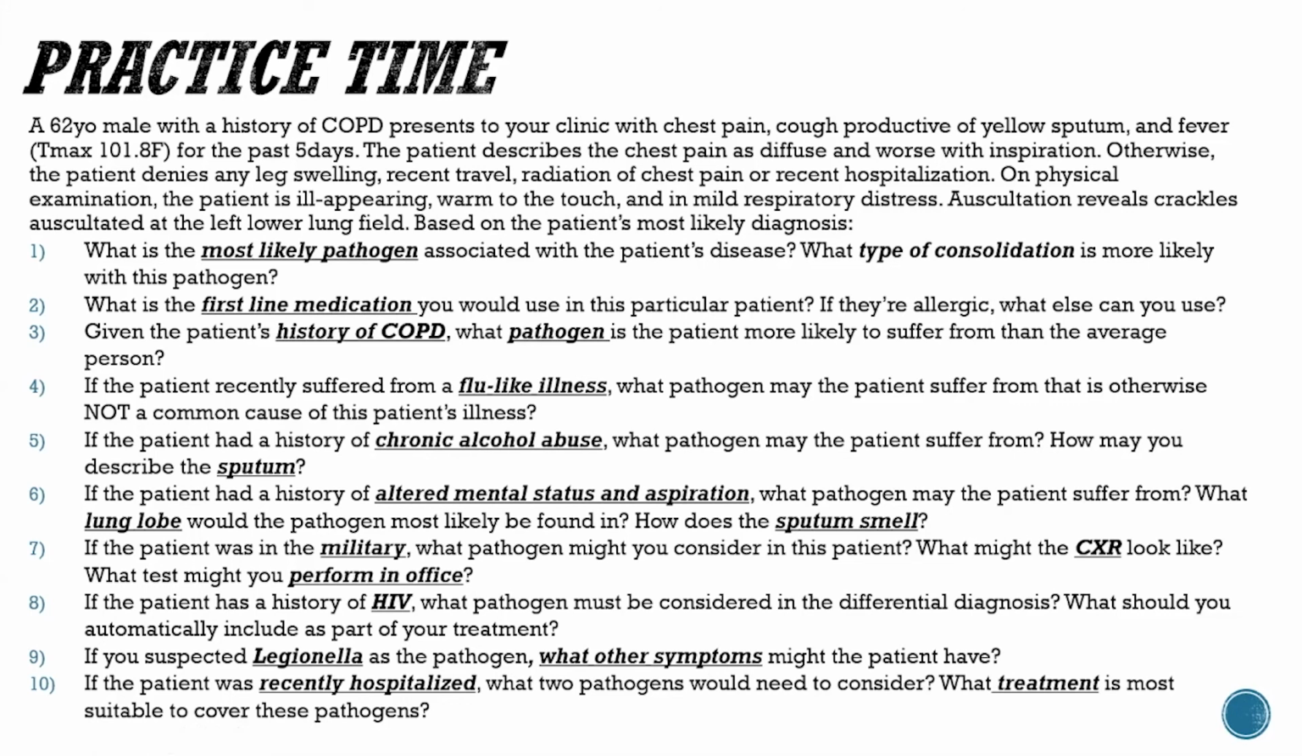What if instead you have a patient that was recently hospitalized? Well, then you have to start thinking about two pathogens that are classically associated with nosocomial pneumonia, which are Staphylococcus aureus and Pseudomonas. Remember that when we're treating nosocomial pneumonia, we have to choose two antibiotics that cover Pseudomonas. One of them is usually a beta-lactam, and the other one is either Levaquin or some sort of fluoroquinolone, or